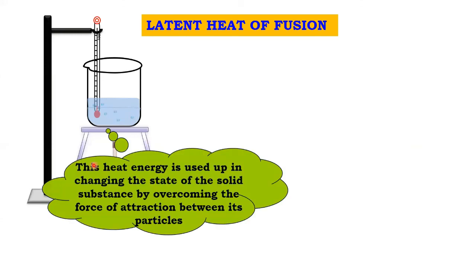This heat energy is used up in changing the state of solid substance by overcoming the force of attraction between its particles. What was happening is, in solid state, the particles were closely packed to each other and they had some force of attraction between them. So when you were applying heat energy to it, it was breaking down the force of attraction between these particles, leading to more separation of the particles. Particle क्या हो जाएगा, दूर हो जाता है, right? So once these particles are separated from each other due to application of heat energy, the change of state takes place, and therefore solid gets converted into liquid. Moving ahead.